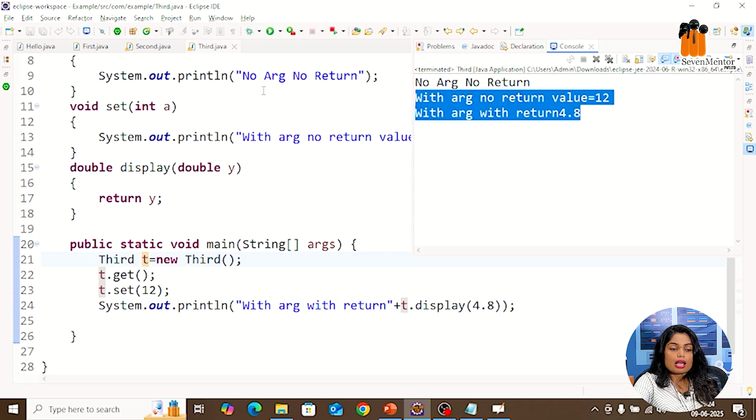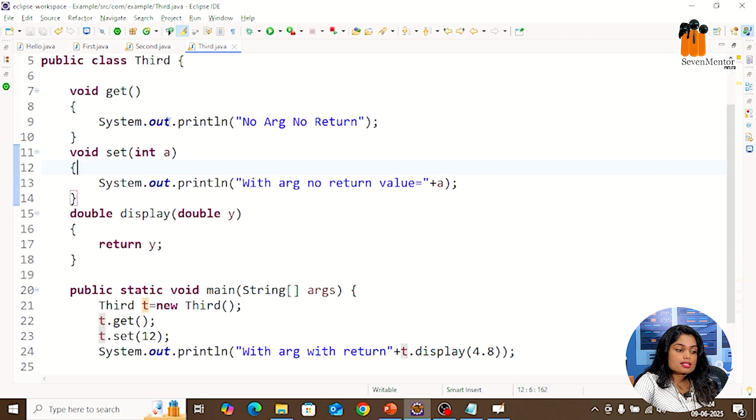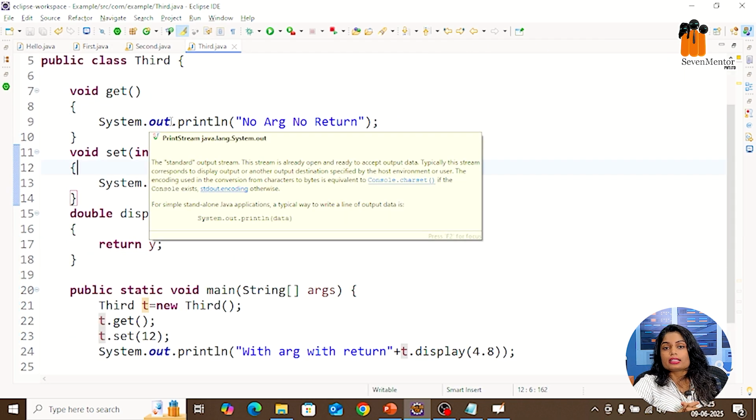You can see now all methods are executed here. So those are the methods. Methods are nothing but a special block of code which is used to achieve reusability of the code. It has mainly 4 types: no argument no return, with argument no return, with return no argument, and with argument with return.